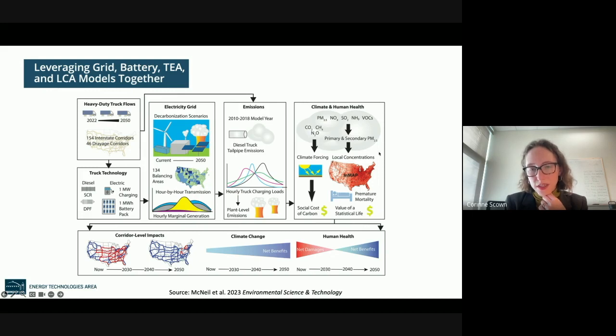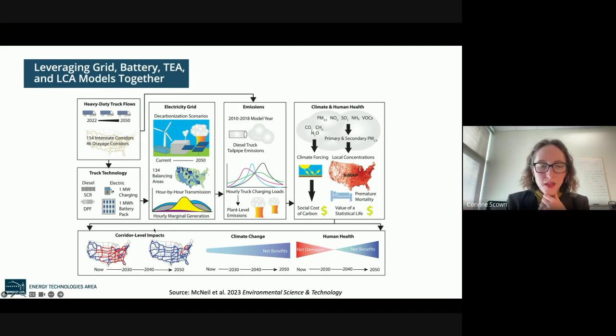This is like the gold standard for air pollution folks, and you can monetize those things with the social cost of carbon for greenhouse gas emissions, and then you can use the value of a statistical life for human health impacts. And that largely covers it. If you just look at mortality as a result of air pollution impacts and then put the value on